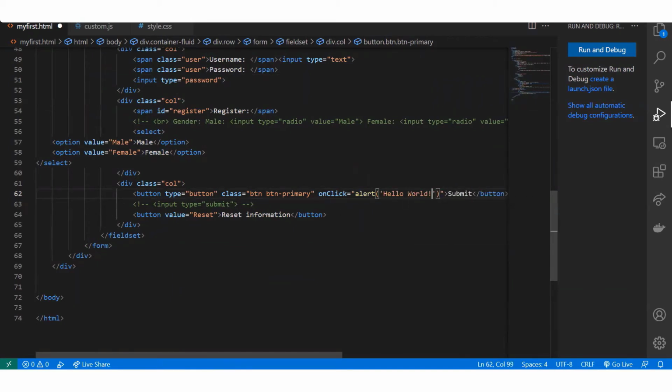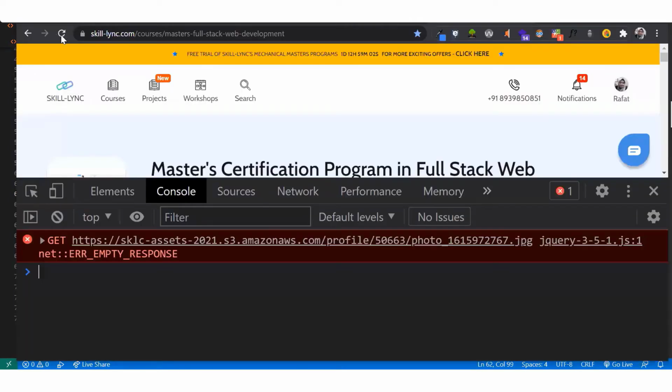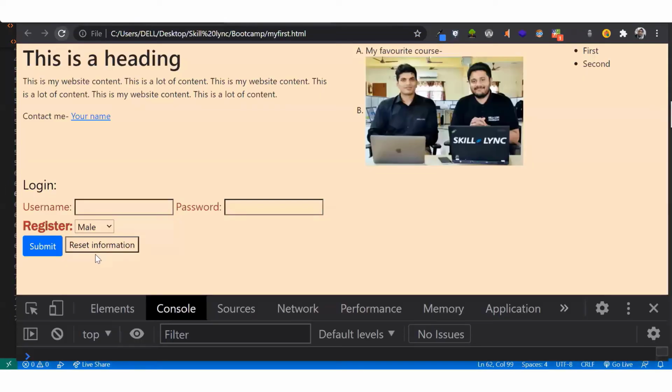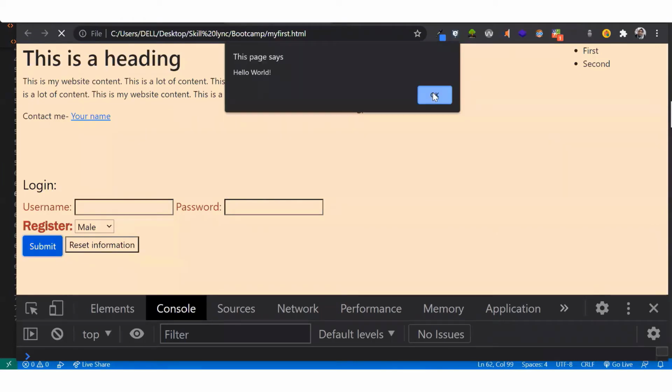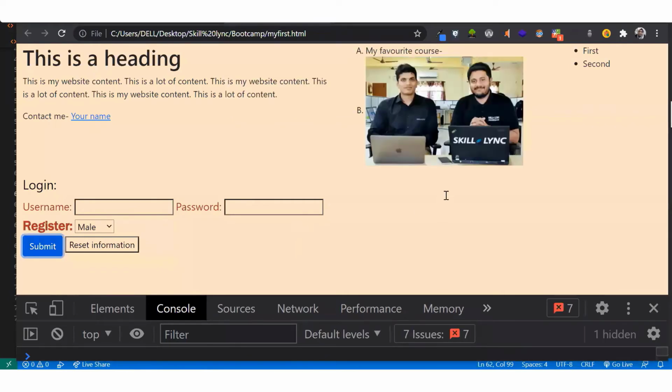Okay, and then I'm saving this. And if I come back and reload my page, on click of the submit, you will see that I have this hello world being alerted to the user. So this is inline JavaScript.